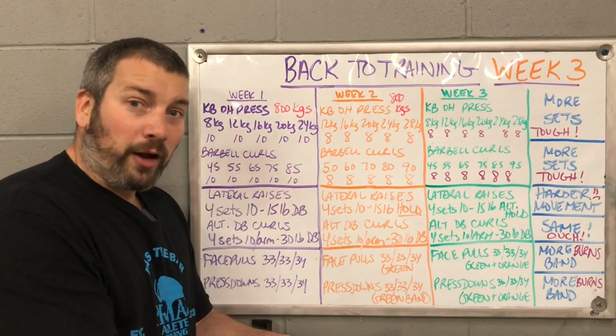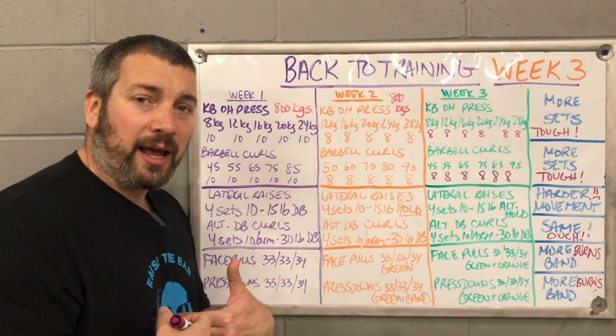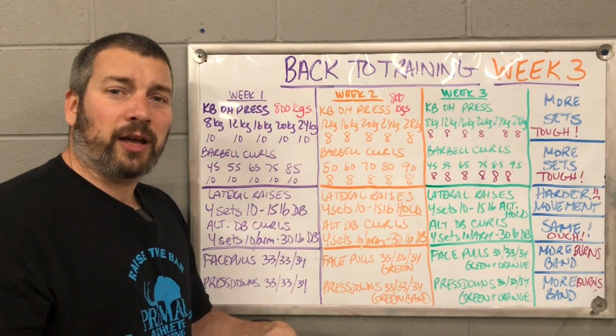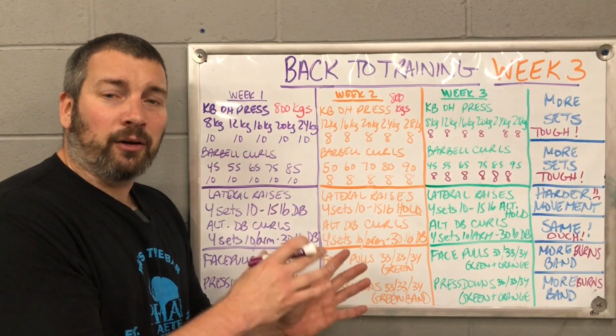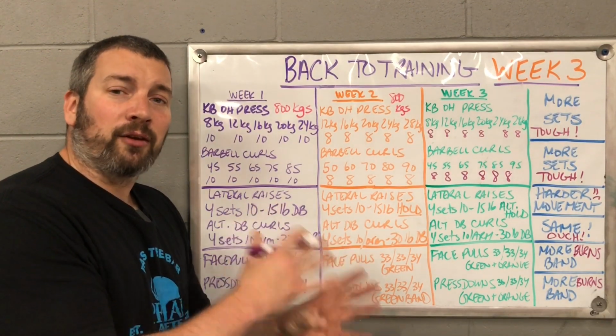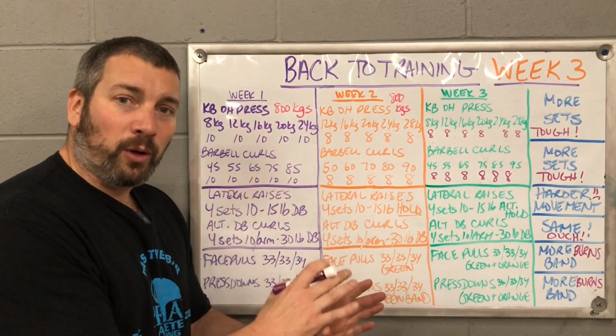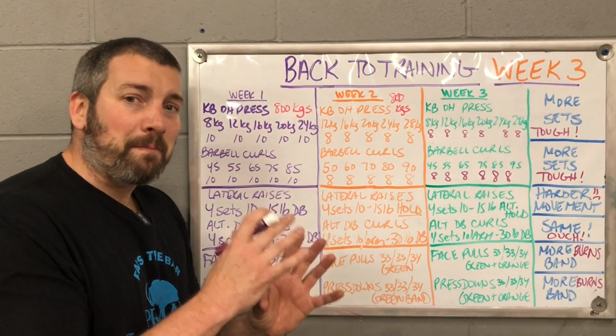So great recipe for you guys. You don't have to follow it week by week exactly like I have. You need to select the exercises that work best for you. You need to select your own secret recipe of workouts that are going to help you out the most and correct your weakness and avoid your injuries. But if you do it right, if you take it slow and steady, you are going to have a massive increase in strength and size and power